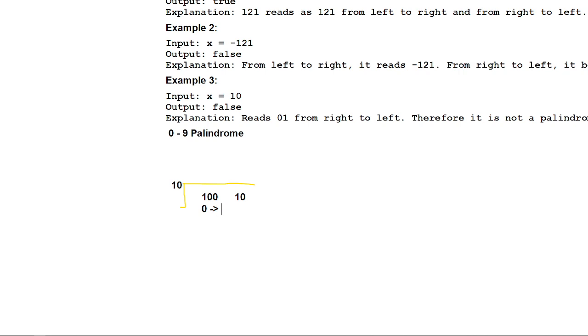So 0 is our remainder and 10 is our quotient. So how do we get the remainder in JavaScript or TypeScript?